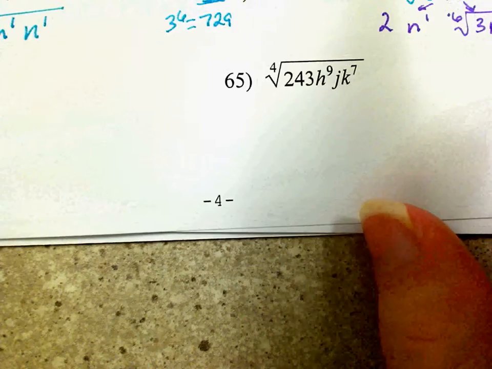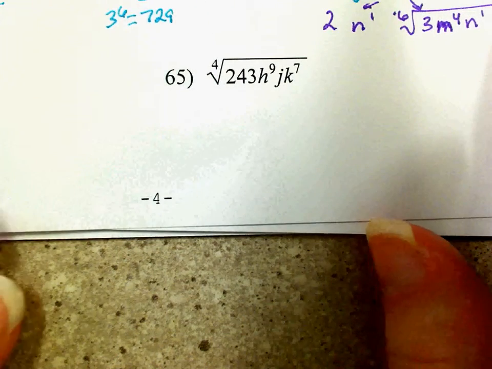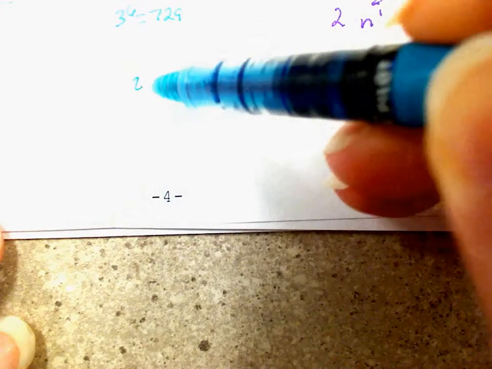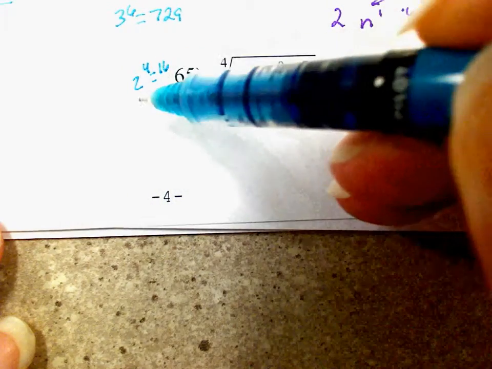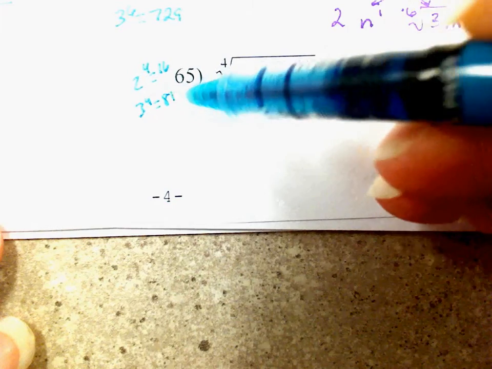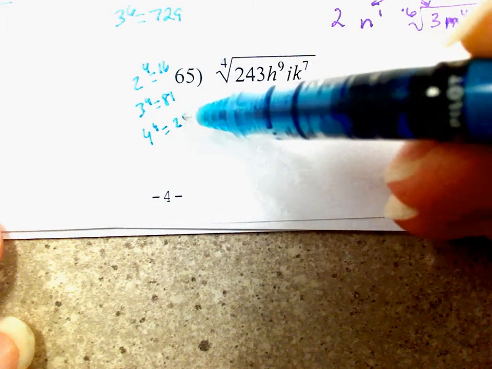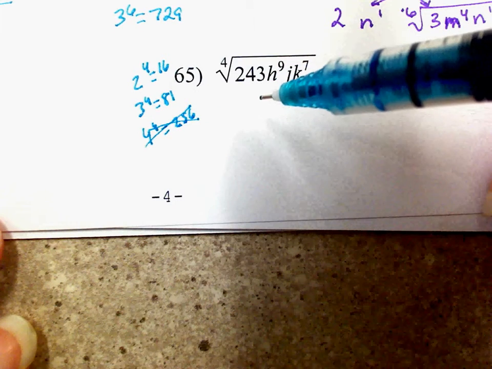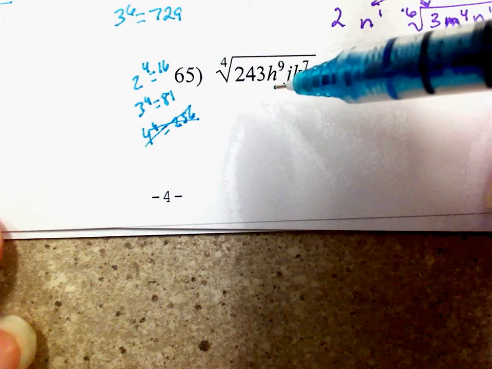Okay, what am I looking at? Powers of what? Powers of 4. So 2 to the 4th is, 3 to the 4th is, 4 to the 4th? That's too big. So first I would divide by 81, and I'm pretty sure it's 81, because 8 times 3 is 24, and 1 times 3 is 3. So the 4th root